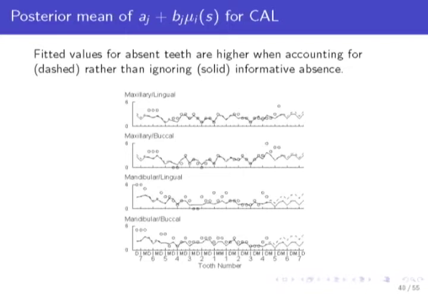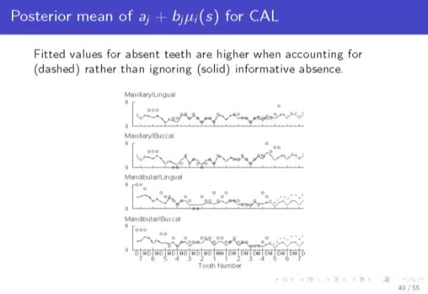Now, the most interesting thing is happening here in the molar region. What it means is that a lot of molars are missing for this subject. So, had the molars been present at this stage, my model, which considers the informative missingness structure, will estimate, denoted by this dashed line, the true periodontal health of that particular missing site had it been present. So that clarifies your b0 being greater than 0, because it is putting the predictive curve a little higher than the one that does not consider the informative structure.